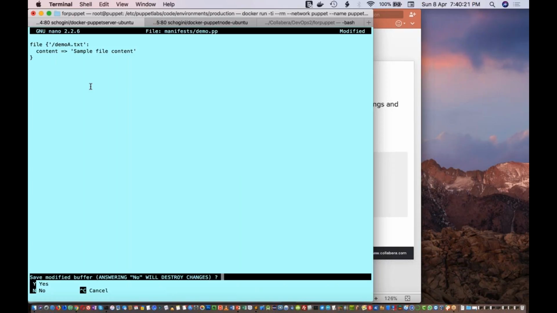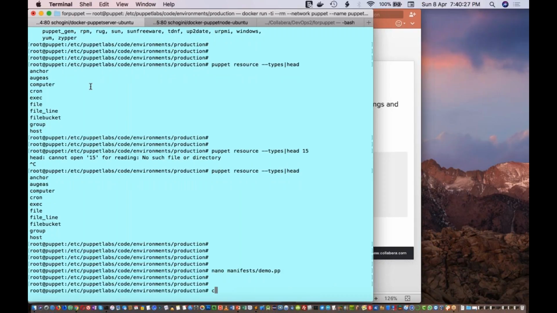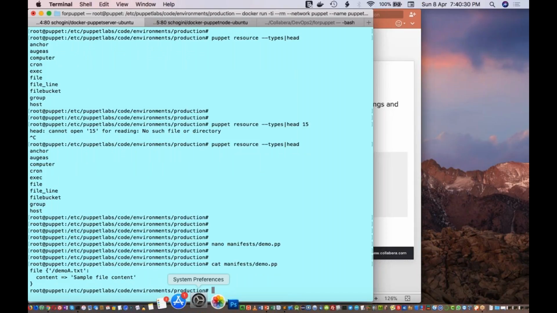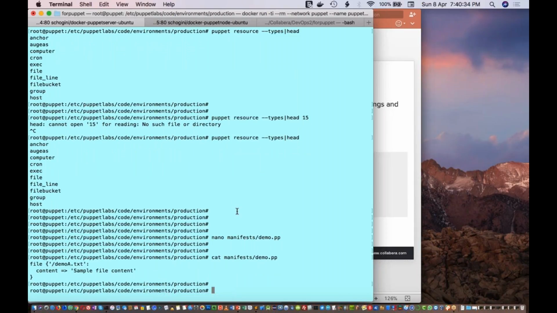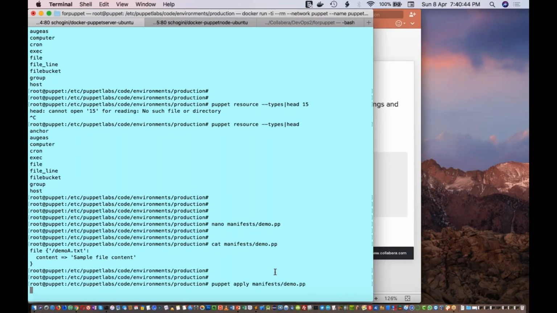So this will create a demo.txt file. Now if I do cat manifest demo.pp, this is the content of my demo.pp. Now if I want to test, I'll execute puppet apply manifest slash demo.pp. So now this will execute this particular manifest inside my server.